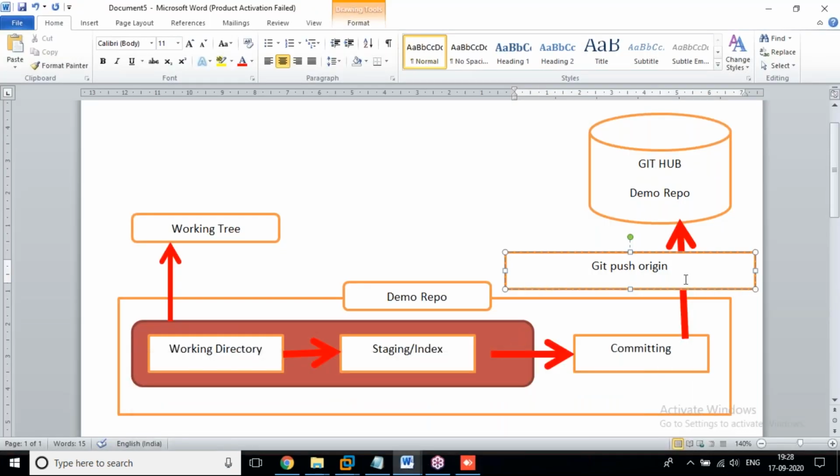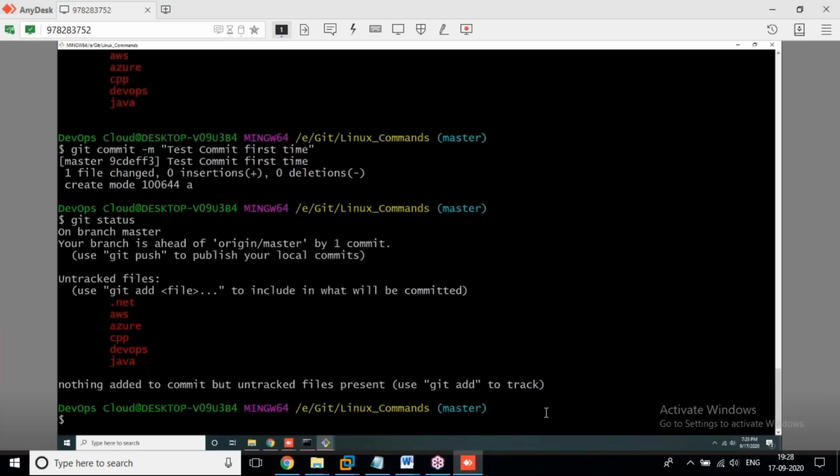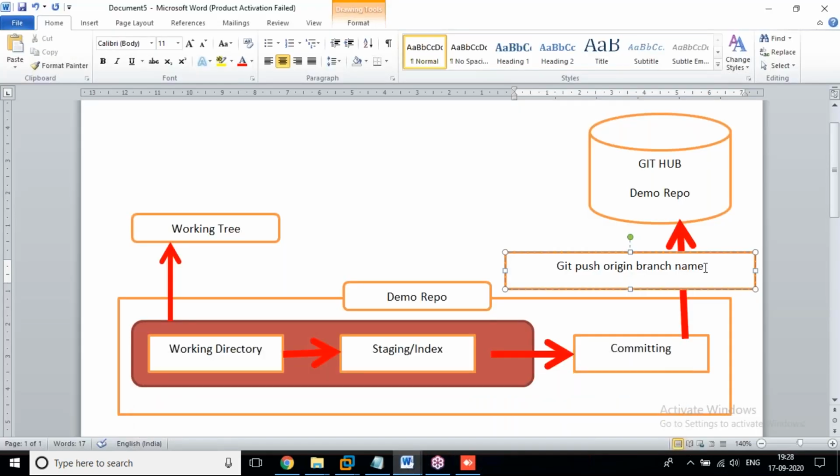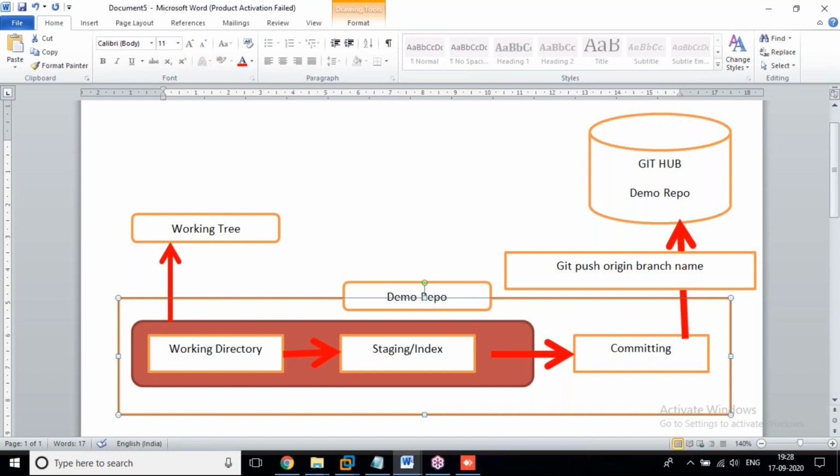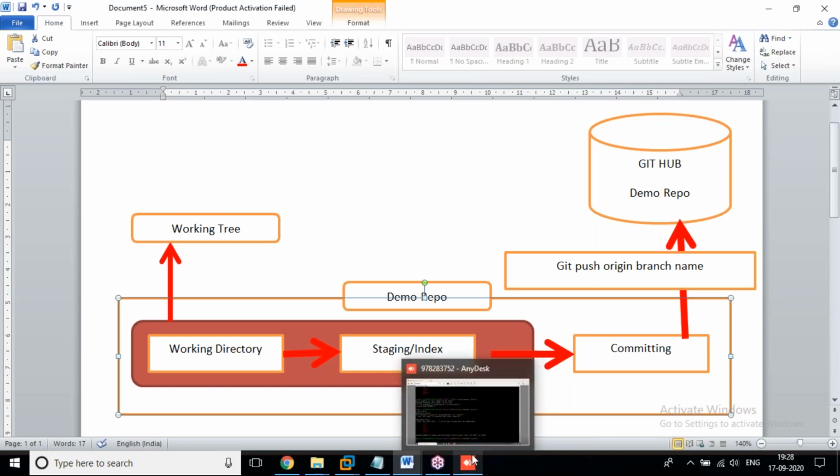Now here also what we are doing is git push origin branch name. This is the syntax. If you want an example, for this time we have only one branch. Keep in mind, git push origin branch name. At present we have only one branch. This is not the right time to discuss much more about branches, because this concept will divert. So I'm not entering into branch level, but I'm giving a small hint.